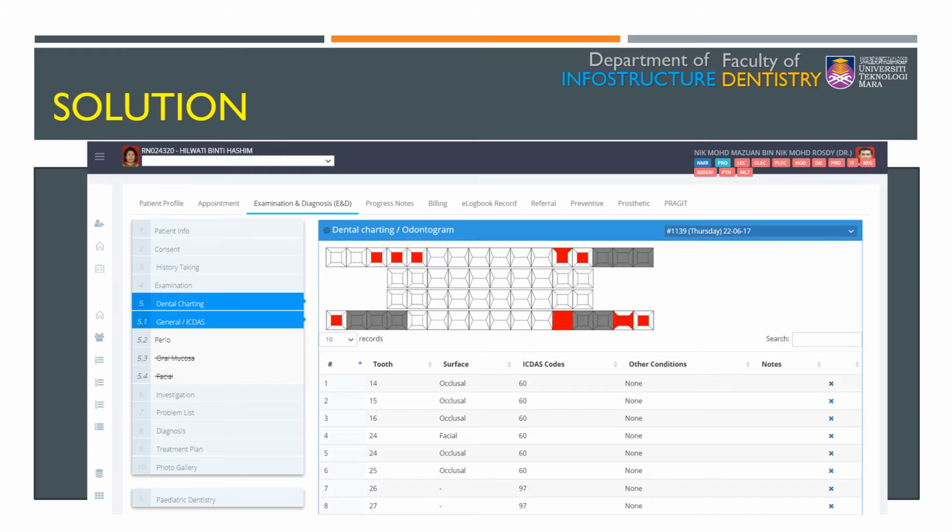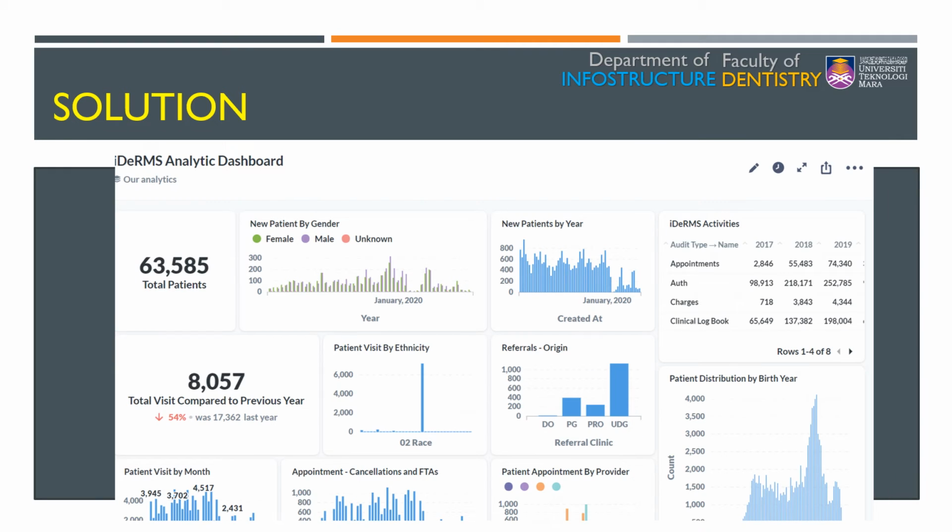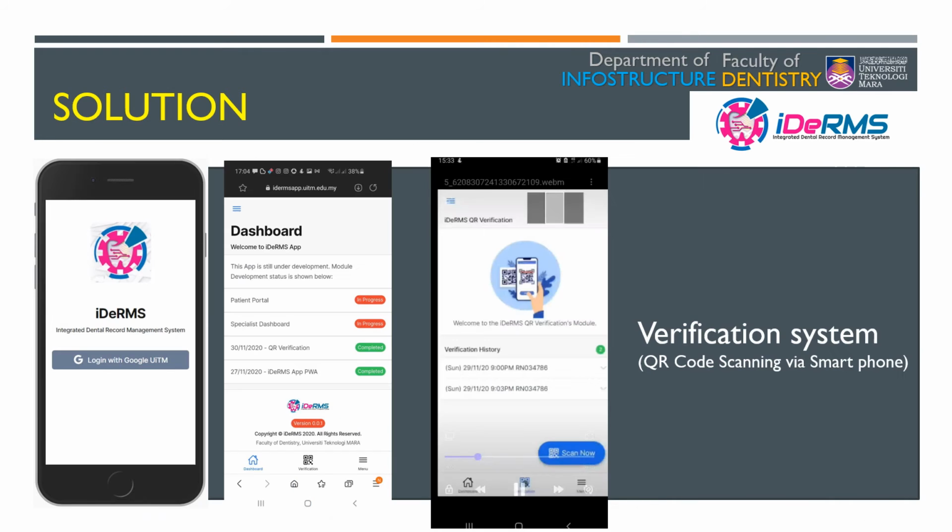And this is one example of the patient record, which also becomes a medico-legal record that can be used anywhere, as what we call clinical data as well. We also embed the analytic components so that we can use them for future management and also research. This is a mobile application that we have developed for the ease of our operation in the faculty,